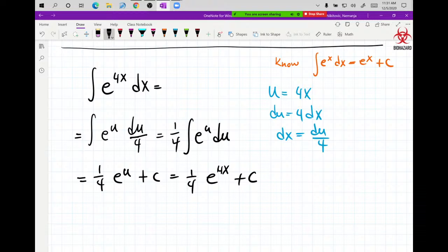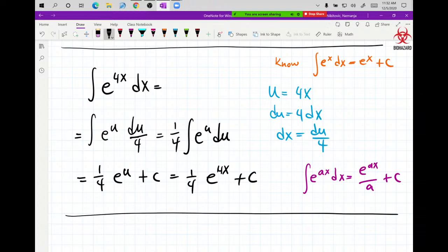Now, if you go back into the 4.9 lecture, I wrote somewhere that the integral of e to the ax dx is equal to e to the ax over a plus c. There's your over a, right? So do we have to memorize it as a formula? That's the best answer I can give you. Because it's going to be so frequent, this e to the ax, that if you have to do this every time you need it, and you're going to need it a lot,